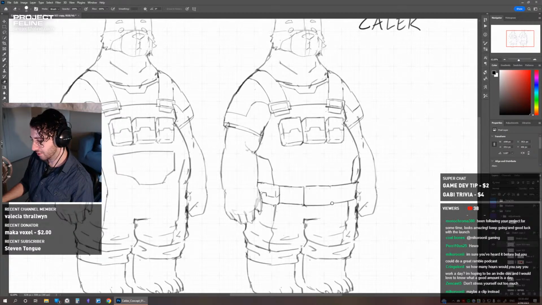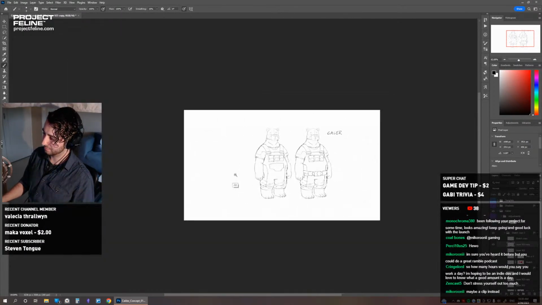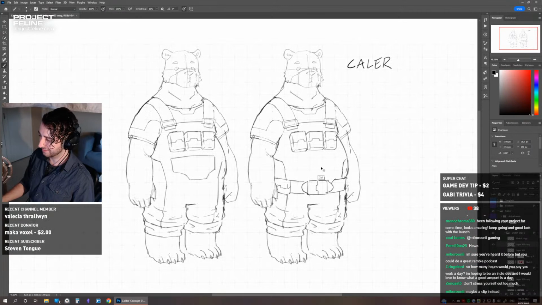I'm trying to be careful not to overdo it, because the less detail I design, the less I have to model. I was thinking, should I create little something here or not? No, I think I'll leave it.